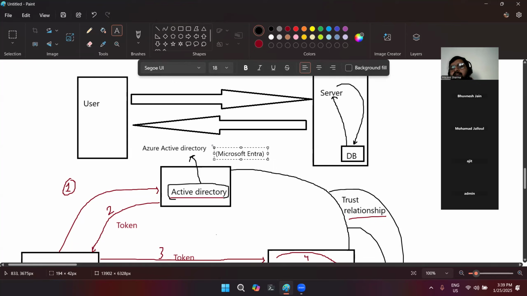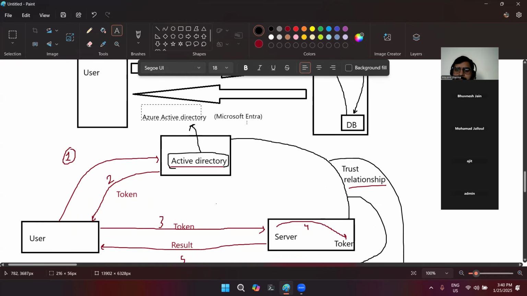Okay, so now in the course content, in Microsoft course content, if you're going to see, there is no Active Directory written. It is written as Microsoft Entra. Okay, so I think the word Active Directory or Azure Active Directory is also going to be retired very soon, and it is known as Microsoft Entra. Because in Azure portal, if you want to check anything, it is simply shown as Microsoft Entra. Okay, is that clear also? Microsoft Entra and Azure Active Directory both are the same thing.